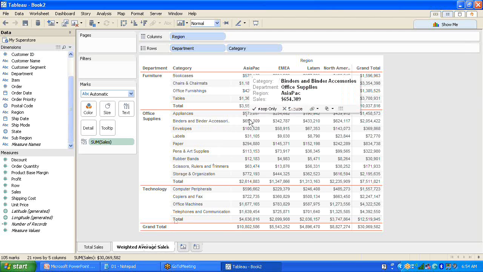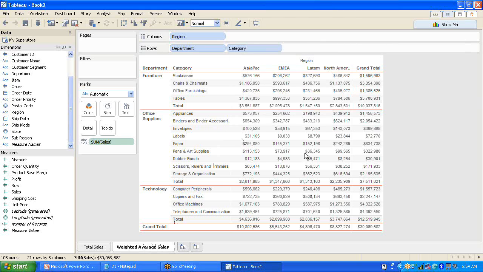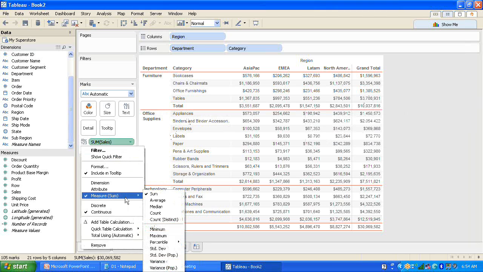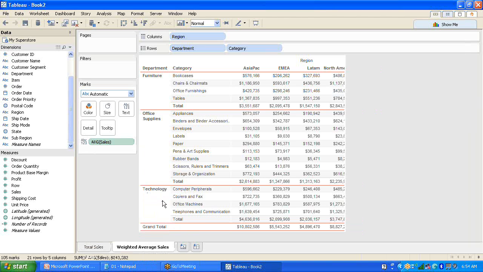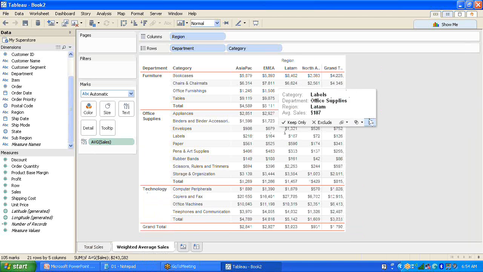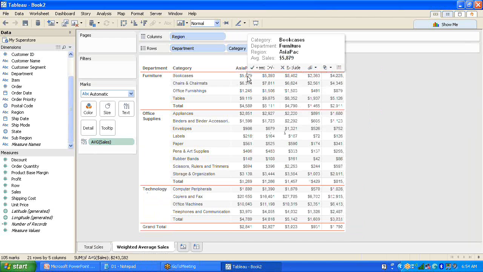What we are seeing here is the total, so this is not the average. If I go here and change the measure, which is by default sum, in place of sum I'm going to make it average. Now if you see, it is not showing the total cells, it is showing the average cells,